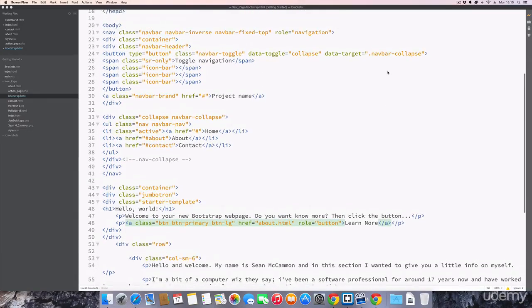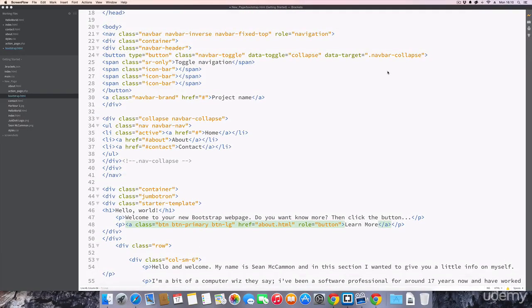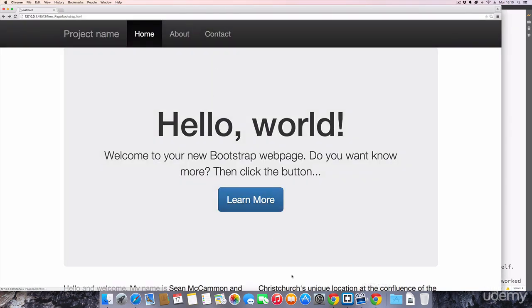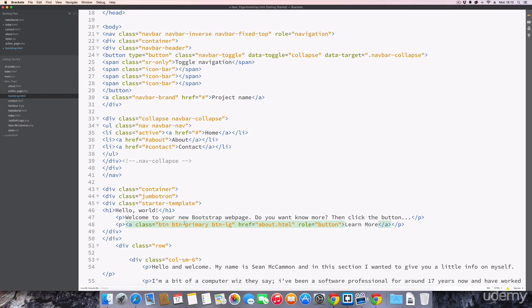Okay, so if we were to take a look at the menu within our Bootstrap page, we can see here actually we have our 3 menu items. Those are all list items, again like in the previous example of our web page. So all we need to do is change those items for the ones we had in